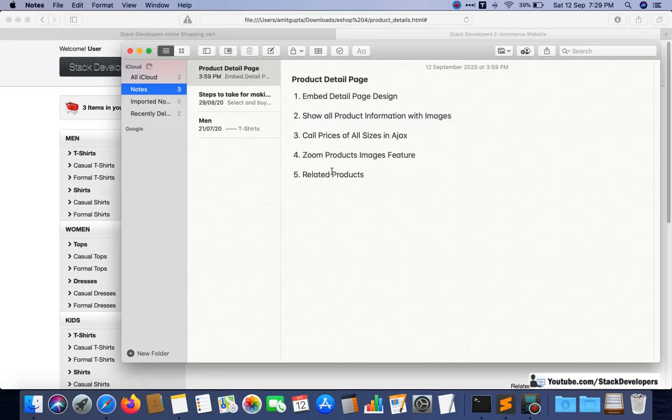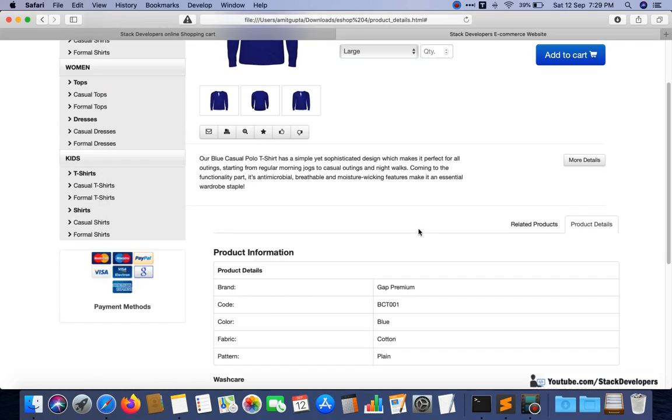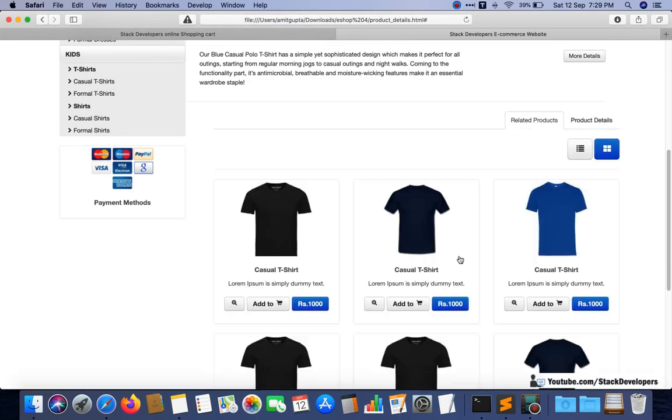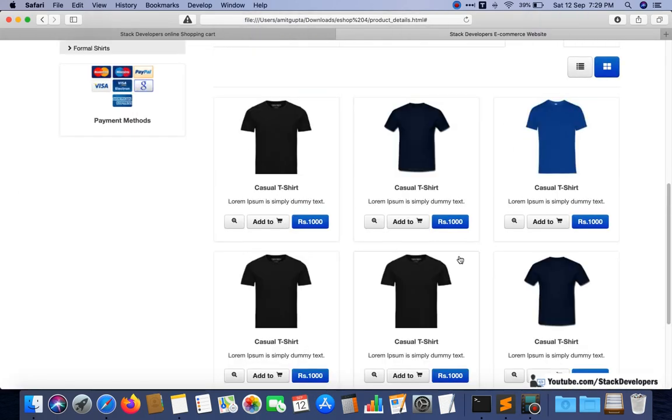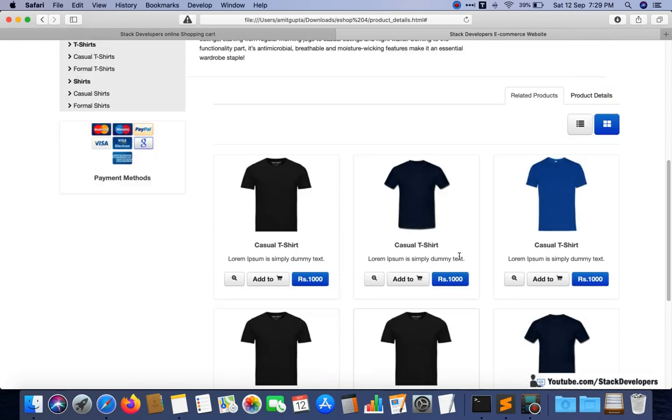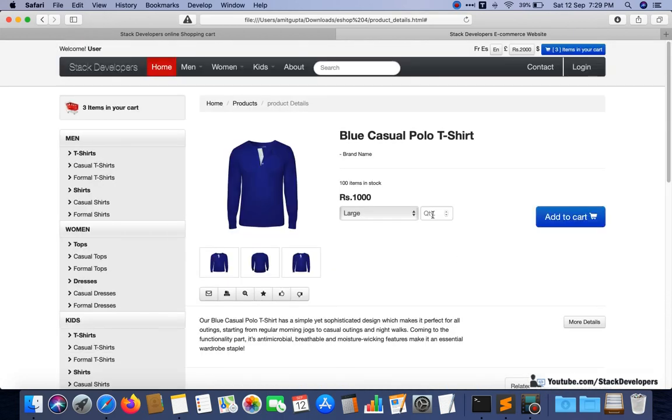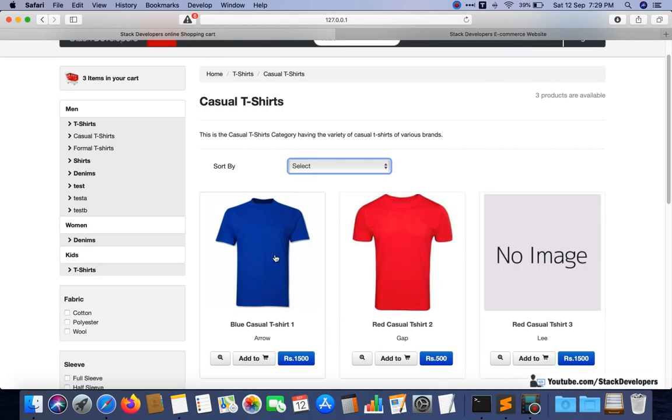After that, the last one: related products. So we are going to show all other products, like we are going to call from the casual t-shirt itself. If we have selected this one, then we will check that this product belongs to this category, and this category is casual t-shirts.